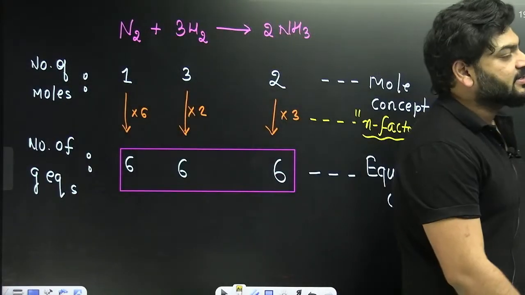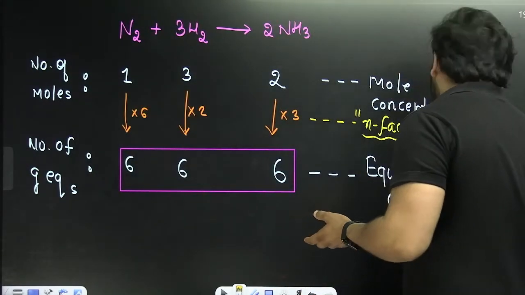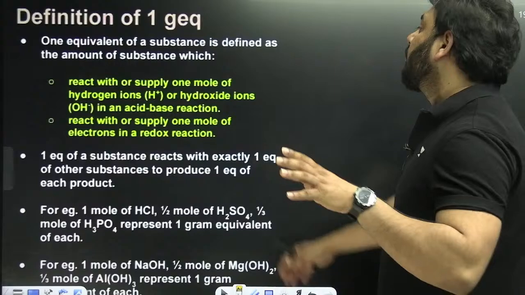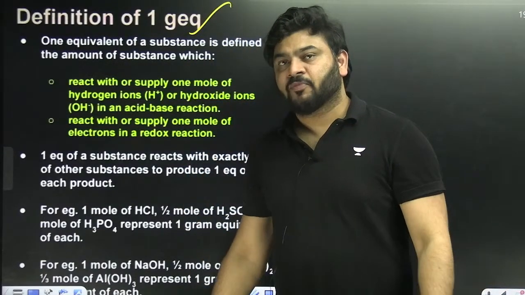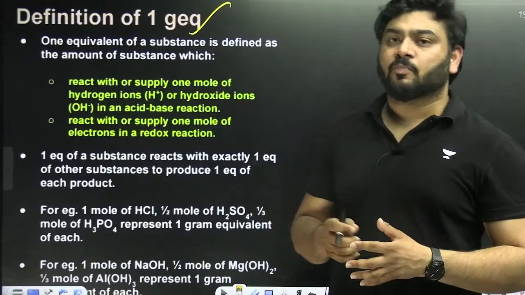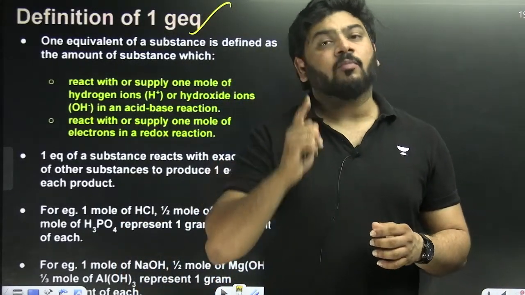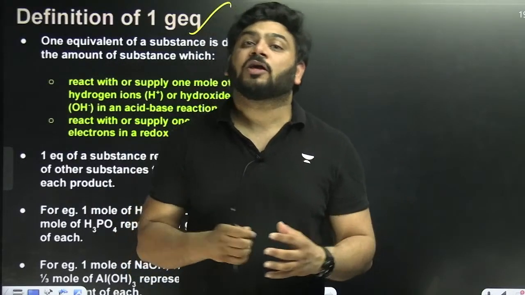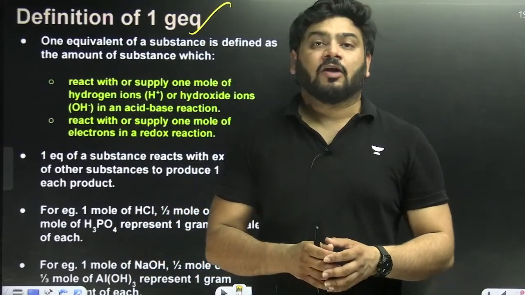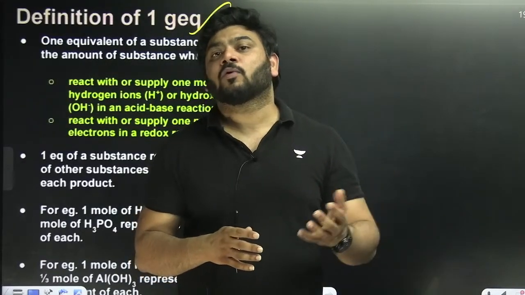How to determine this N factor? How can we convert moles and everything into each other? Let us discuss everything one by one by taking the definition of 1 gram equivalent. What is the meaning of 1 gram equivalent? If we talk in terms of acid or base, an acid that can give you 1 mole of H positive ions is called 1 gram equivalent. In a similar way, if it releases 1 mole of OH minus ion as a base, or it neutralizes 1 mole of H positive ion as a base, then it will be considered as a